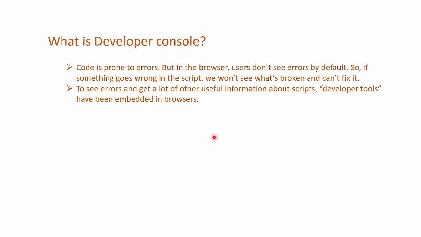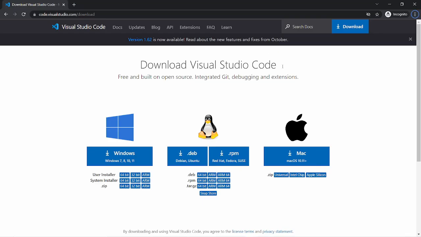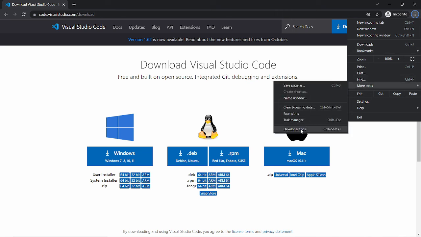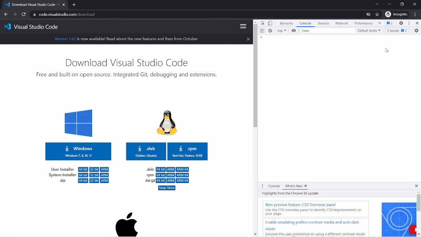I'm going to show you for Chrome. For that, you can just click over the three dots, go to More tools, and click over Developer tools. There is a shortcut, Control plus Shift plus I, which you can use as well. If you click over here, the developer tools will open and there is a tab called Console.